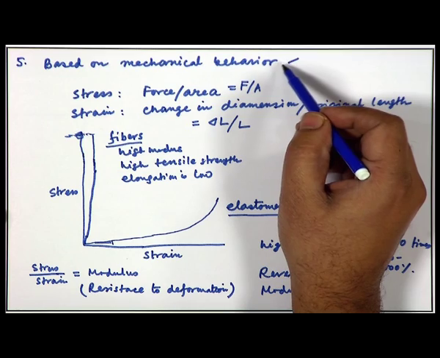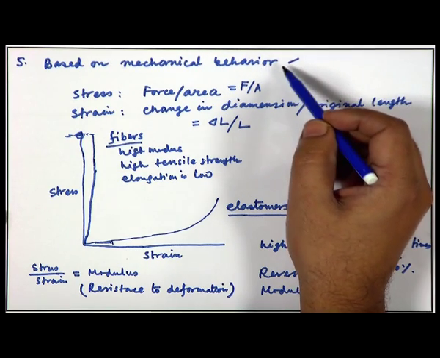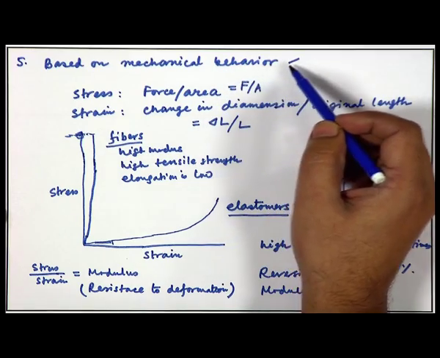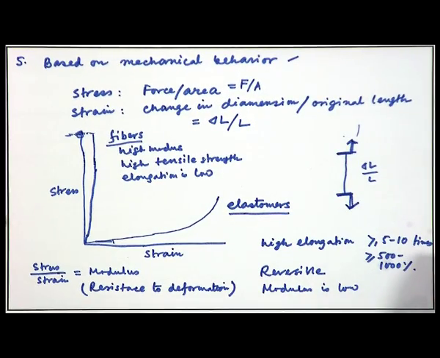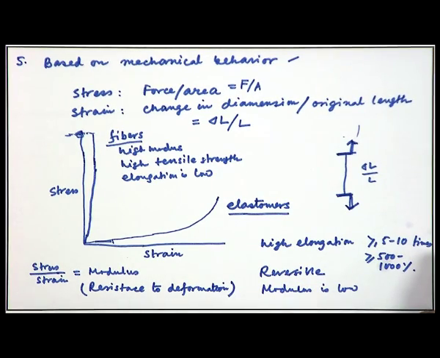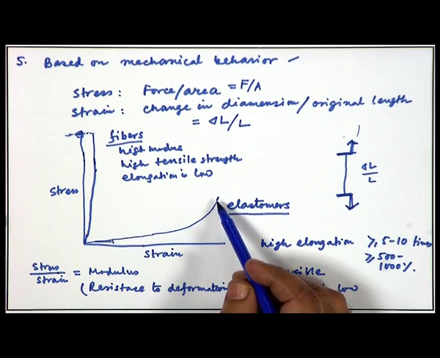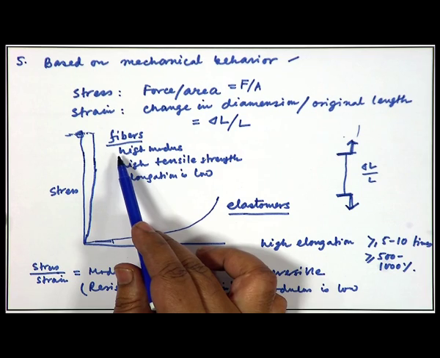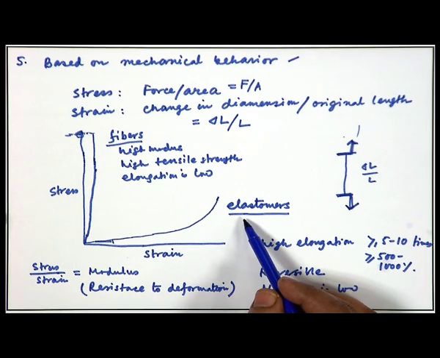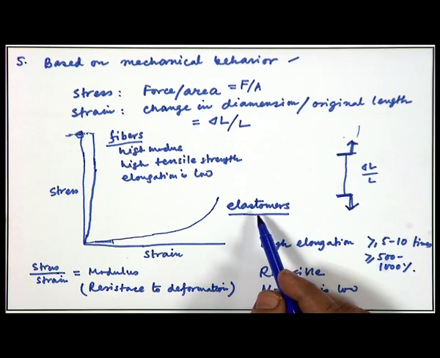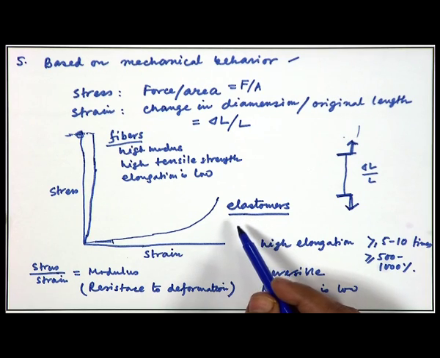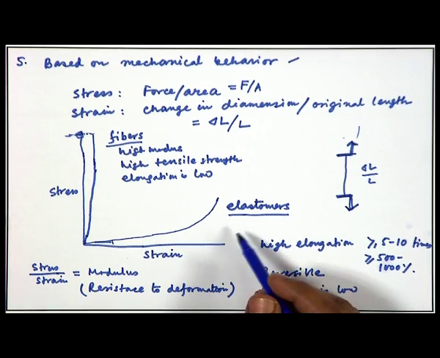As I have told you earlier, in some books you will find that this classification is based on intermolecular forces in the polymer molecules, but probably this is a better classification. We defined stress and strain, and we basically discussed elastomers and fiber. If you recall, elastomers are polymers where you have very weak intermolecular forces, and as a result you can